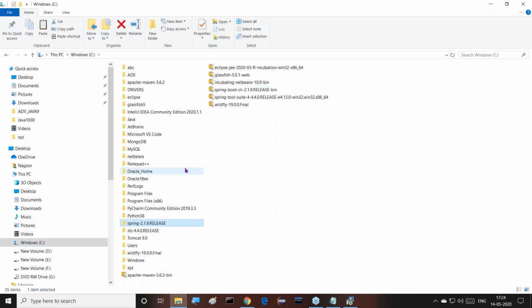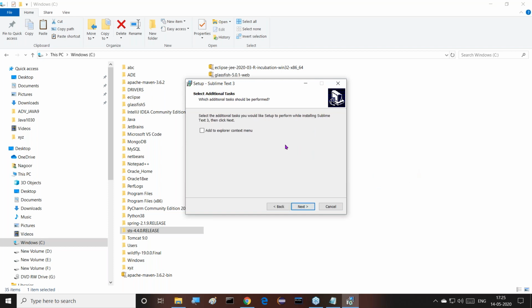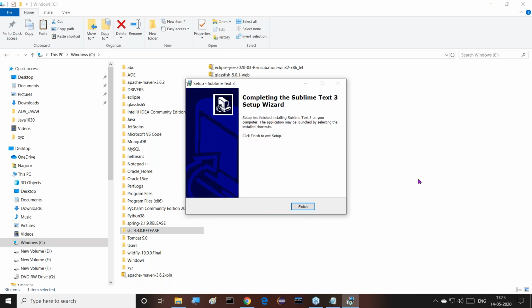Right, so anyway, it is not available at my C drive. So I want to install it directly at my C drive. I'll go for this. Directly here, I want to remove this Program Files. C Sublime Text 3, that I want to use. Click on the next button. All right, so now when we click on this next button, nothing else. No problem. Click on the next button. Click on install. That's it. Very simple to install. Almost completing. That installation process is completing, sir. Sublime Text installation complete.